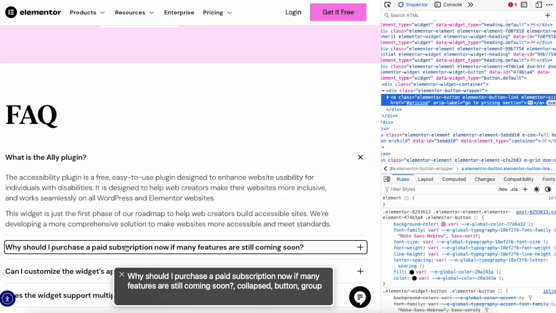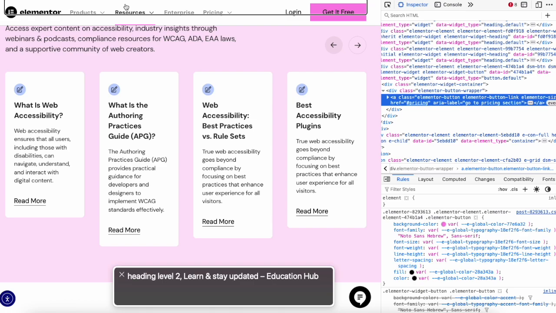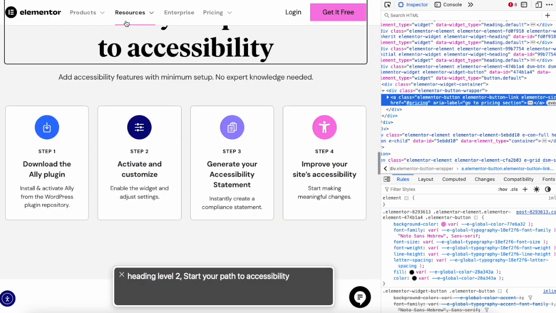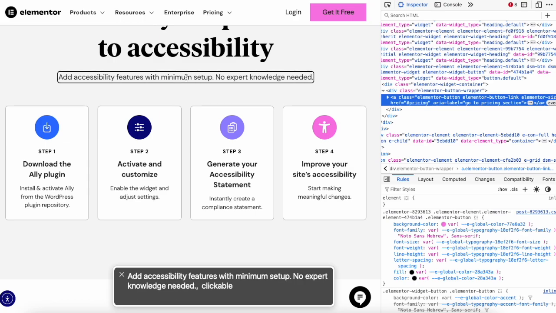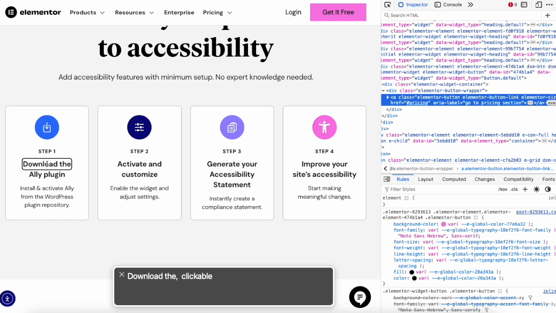And the questions aren't headings, so I have no way of quickly moving through them using my heading shortcut. And when I do use the heading shortcut, the floating site header is blocking the words. There are a bunch of things on this page that should be headings, like these steps, which also, again, have an image that isn't hidden.